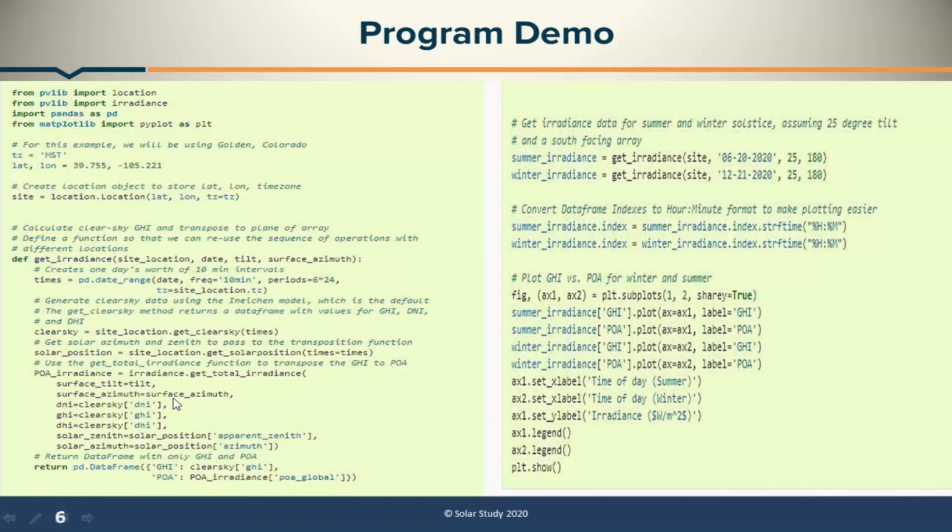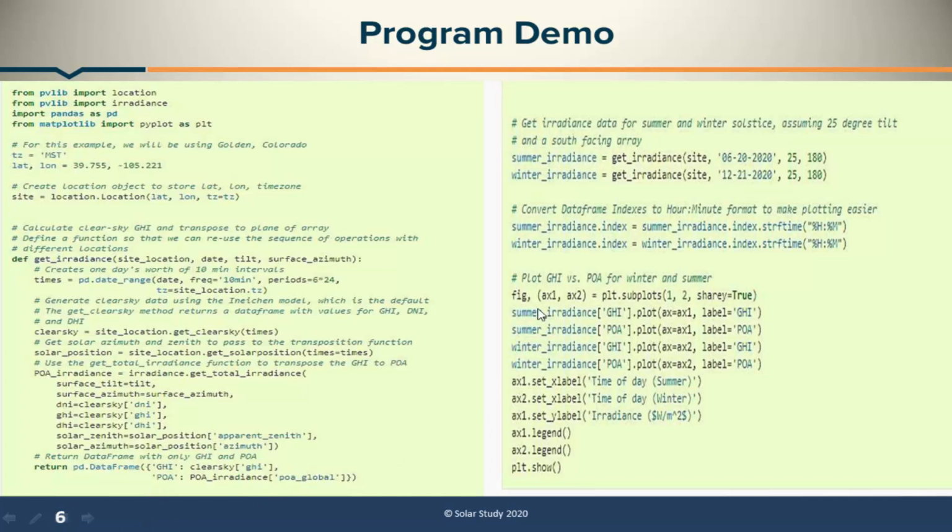Then finally we will calculate the plane of array irradiance. How? Using the tilt angle, azimuth angle, DNI, GHI, because that is required, and all of it is present in the PV library. We have to import it, that's it. Then we have to put in the actual values which are present in our data: clear sky DNI, clear sky GHI and DHI, and the azimuth angle, with the position. When the sun moves from east to west, at that time the zenith angle also changes. The zenith angle is nothing but cos of theta z in the formula. We will use that, and then we have to store that data.